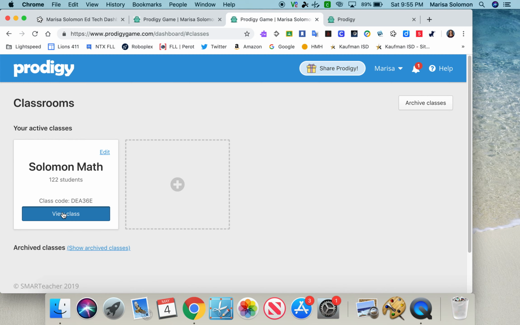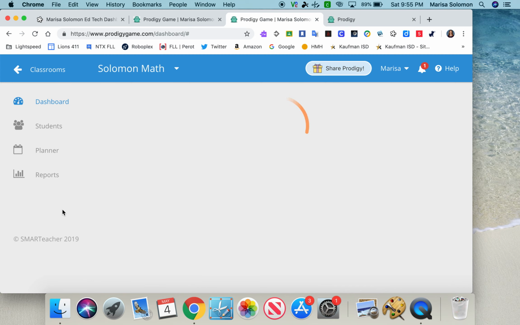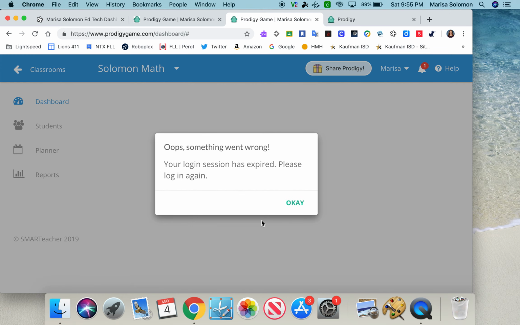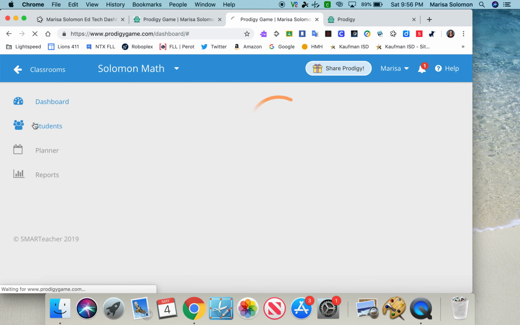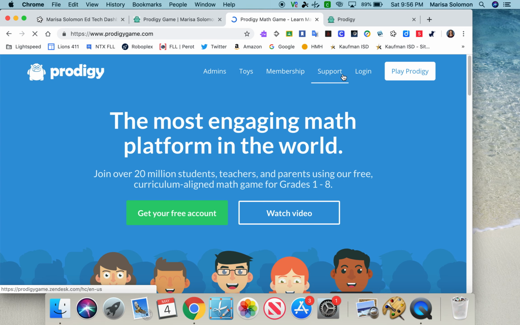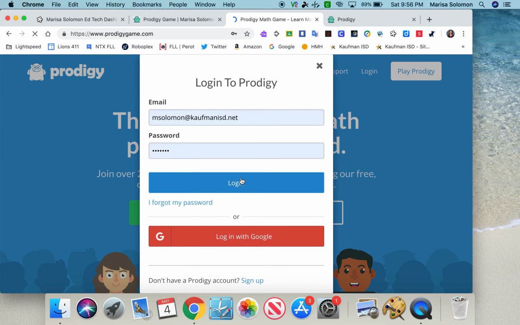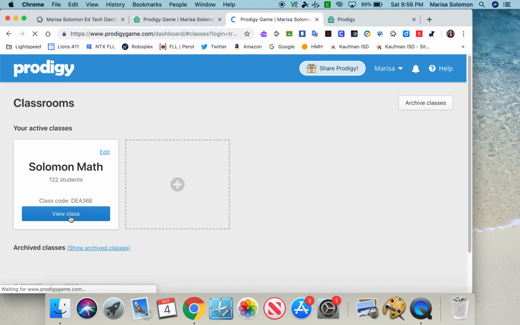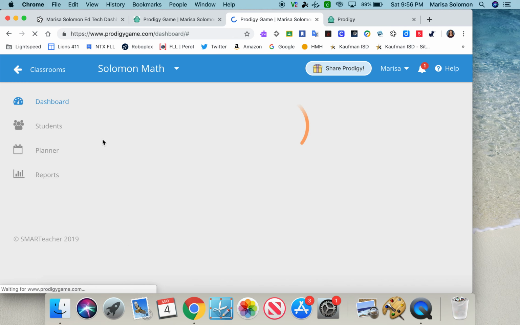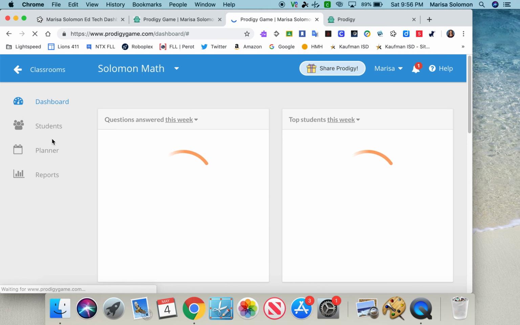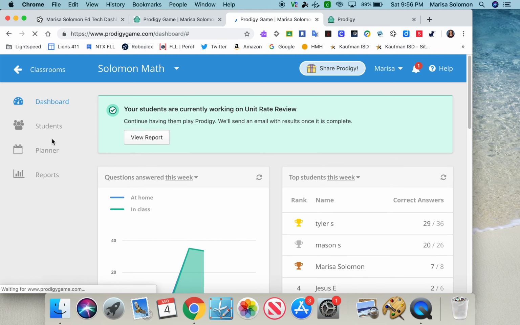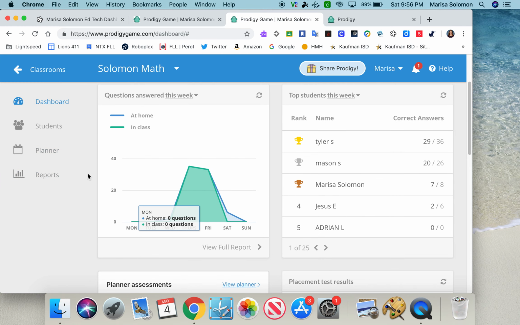On the back end of it, the teachers have a login or a dashboard that gives them access to all of their students, and then a planner to plan what's presented to their students. And you can set their grade level, you can set the learning standards. So if you have a student that is performing below grade level, you can set a lower grade level for them, and it gives them